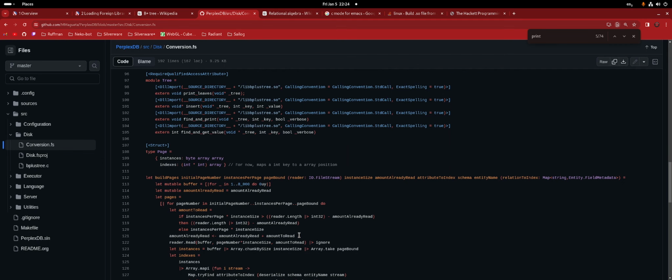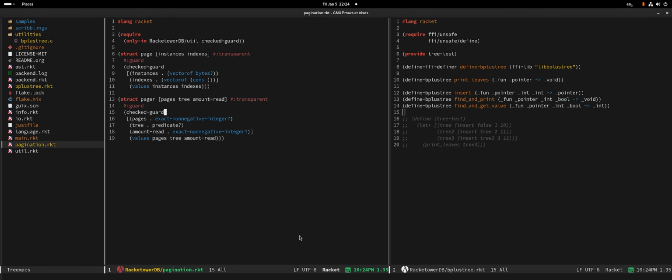Can those integers be negative? That's a very good question. I don't think they can because they are positions. By the way, the vector of const has to be const slash c because it's the const contract, not the actual constructor function. That makes sense. And yeah, that's exactly it.